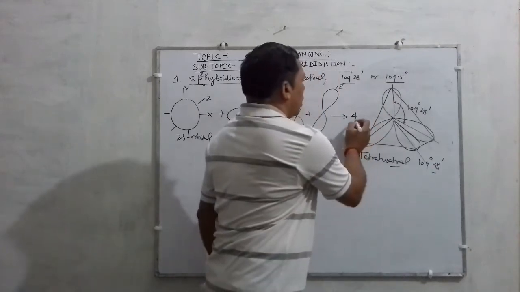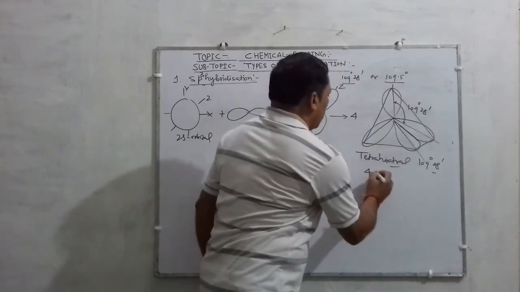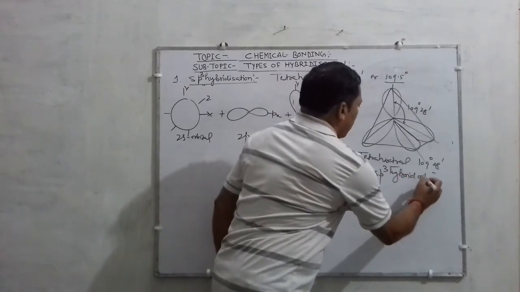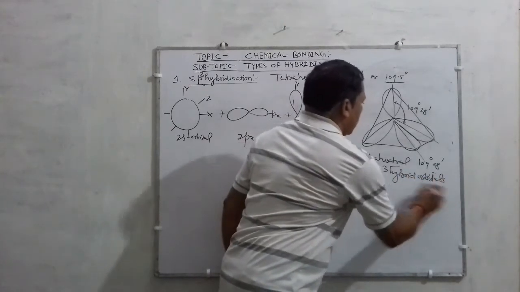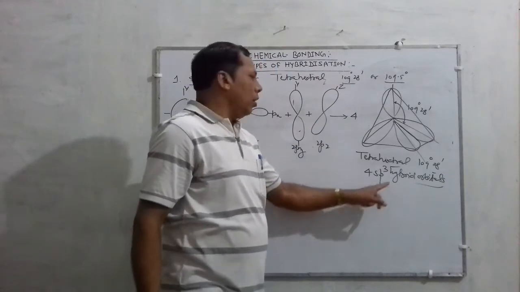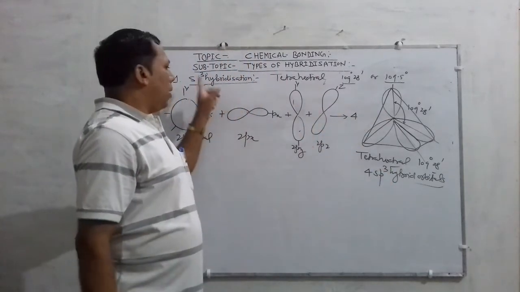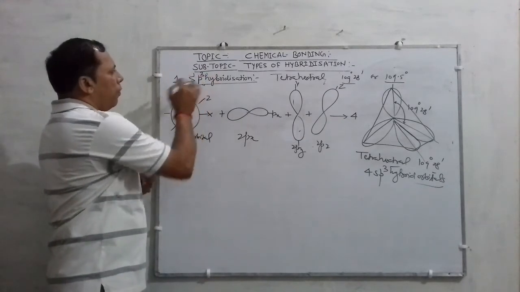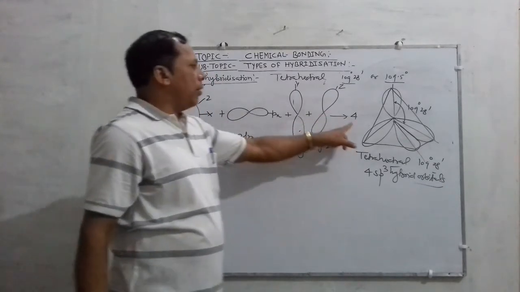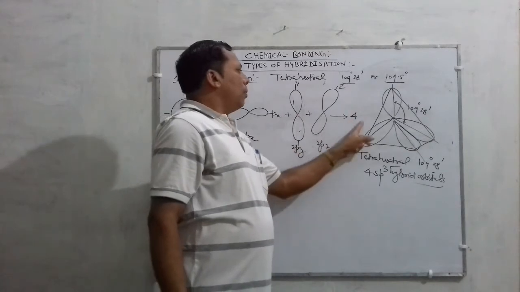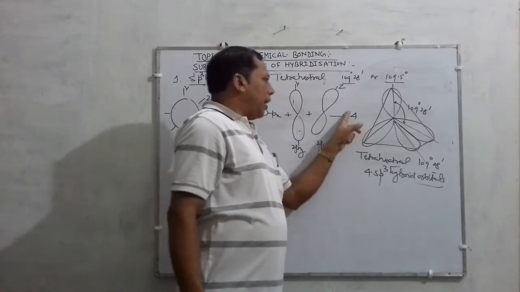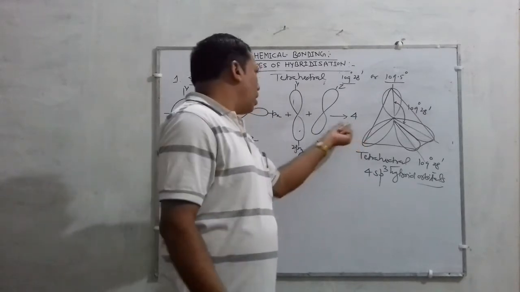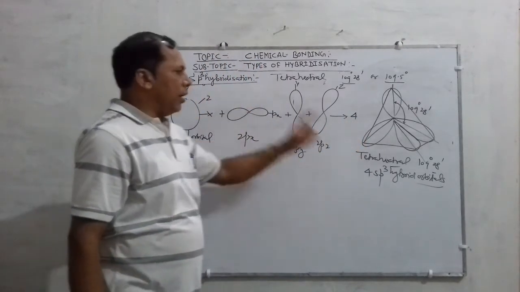In the case of what? This is called 4 sp3 hybrid orbitals. Then the hybridization is called sp3 hybridization, in which this number 3 and 1, total 4 orbitals, are taking part. So in the hybridization occurring here, this number 4 also designates that in sp3 hybridization 4 orbitals are participating and resulting in this.